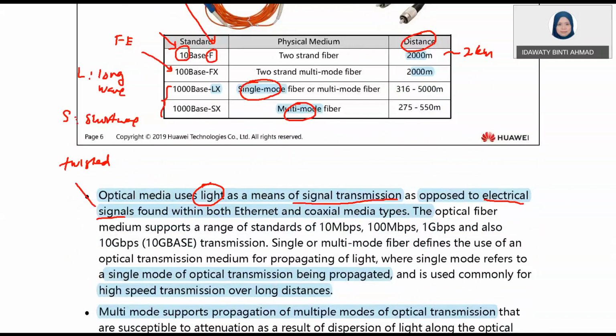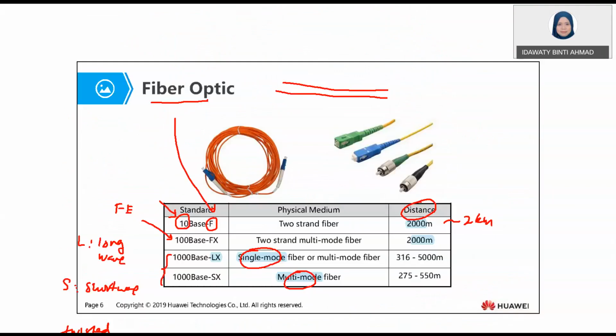When you propagate the signal, this one is a glass. So what happened when you send the signal for single mode fiber, you can have a very small, very tiny, micrometers,